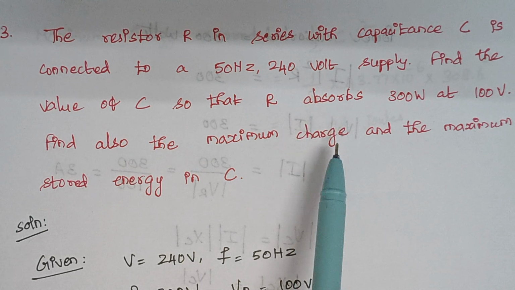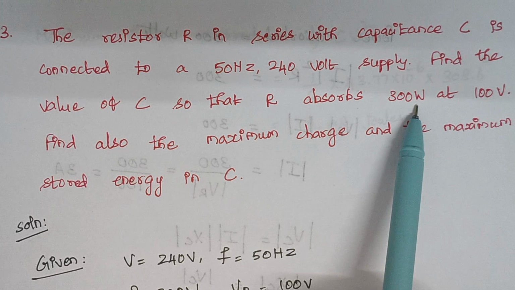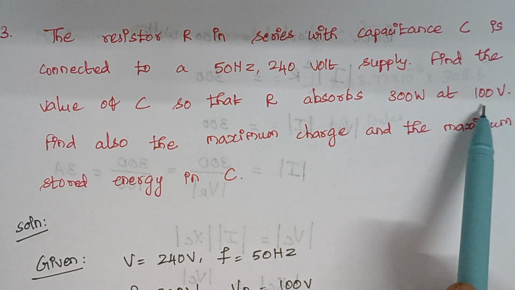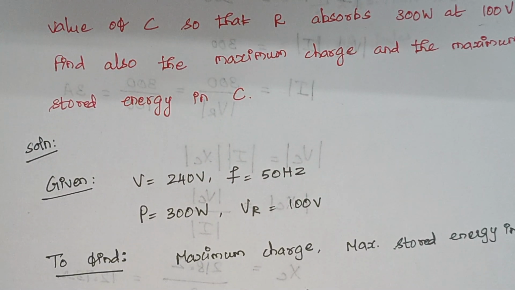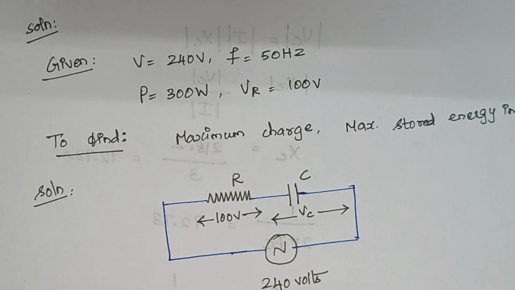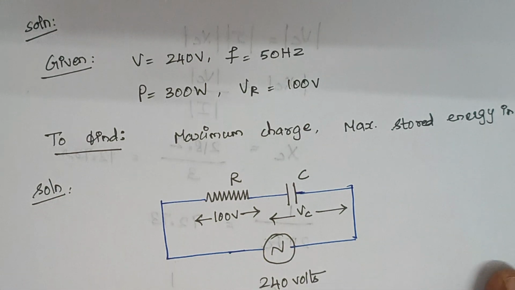Here the different things that are given are, you see, R absorbs, that is the power in the resistor is 300 watts and the voltage across the resistor is 100 volt, right? So we need to calculate the maximum charge and the maximum energy stored in the capacitor. So first write down the given data, right? And draw the diagram here. Right. So in this case, as we already know,